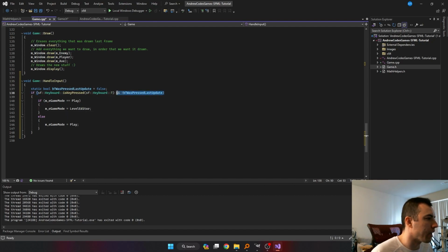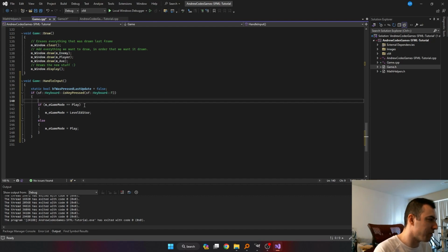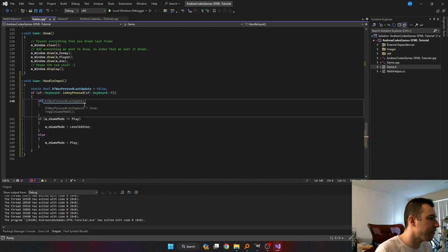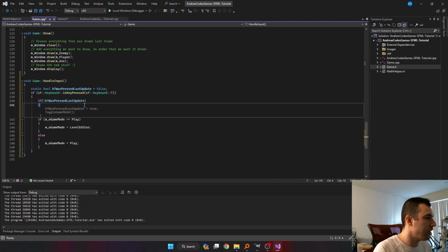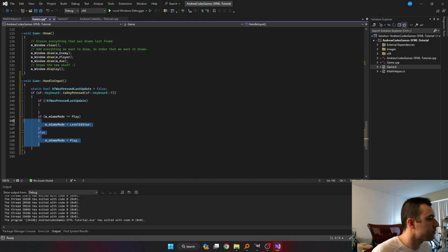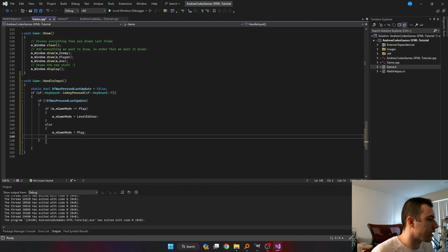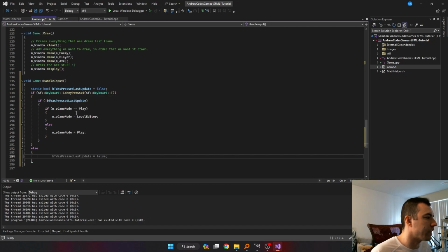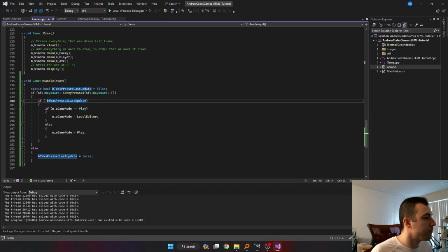Oops, sorry. We don't want to add this here. That's not what we want. Okay, when you press T, we say if T was pressed, if it was not pressed last update, then do our logic. Set this up like this. Else, we know that T was not pressed. So if T was pressed, try to do the game mode switch. Else, we know T was not pressed. Oh, duh. Okay. If T was not pressed last update,